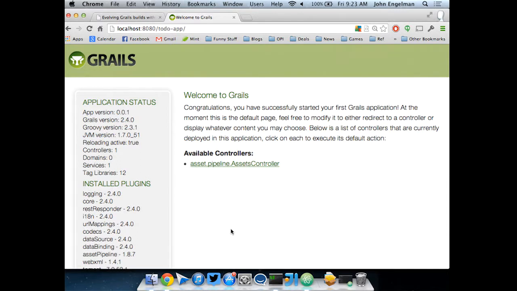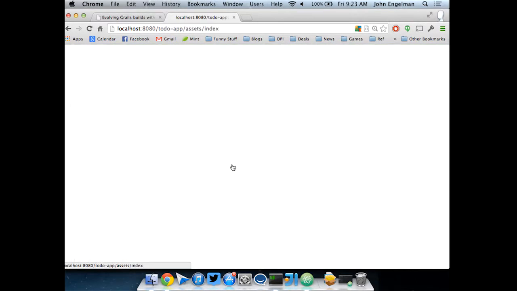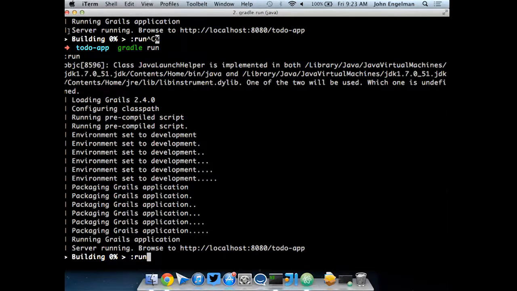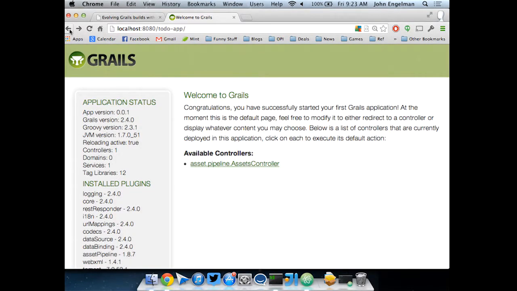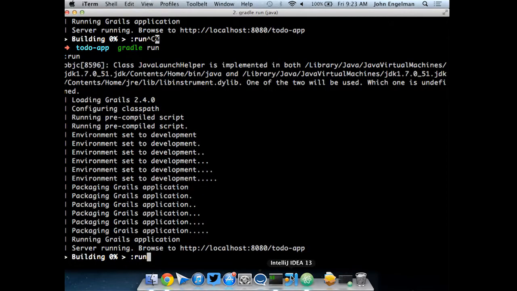Yeah. So that's interesting. All right, so here now it actually runs, right? So we get the default Grails application with all its niceties. Oh, that probably errored out. I shouldn't have clicked on that. Yeah, that's because I don't have any assets or anything. Right, so reloading though,